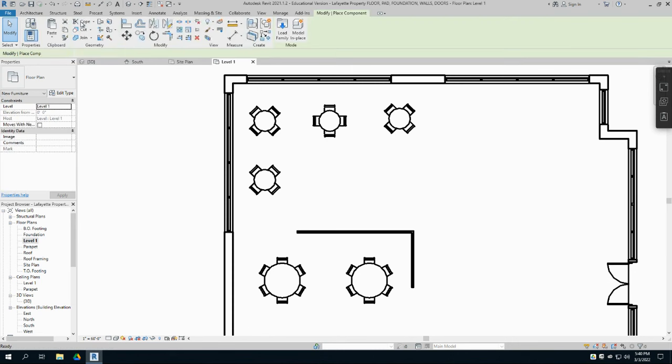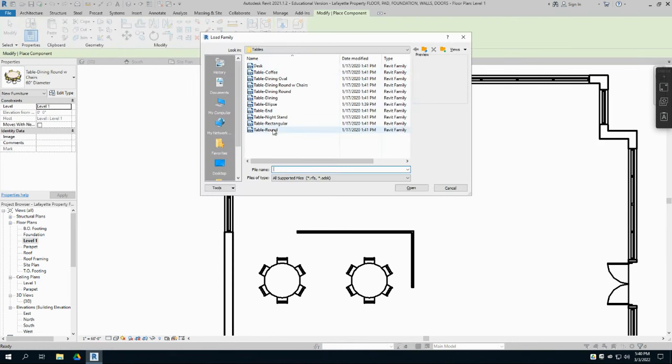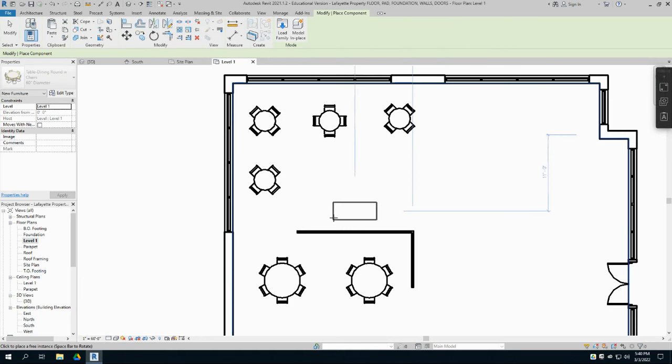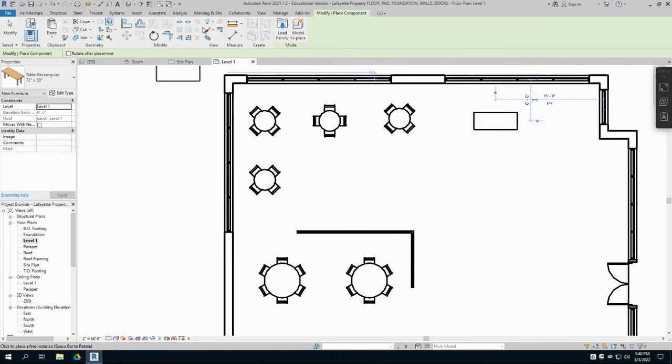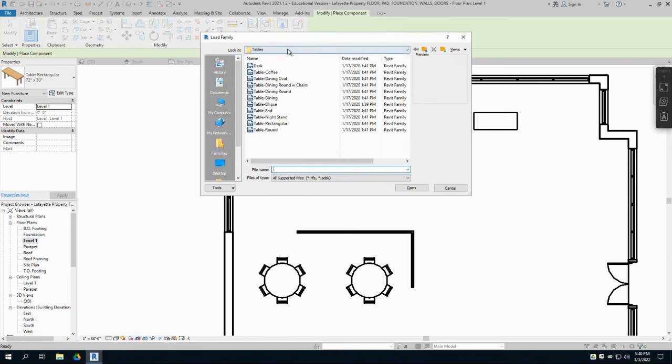So let me go back to component and load family, and we're in table. So with rectangular table, I'm going to have to add chairs. Well, that just says rectangular table. It didn't say dining, but that's okay. I'm going to place this here and I'm going to go again to load family and go back to furniture